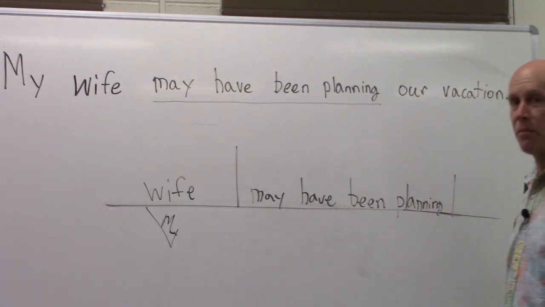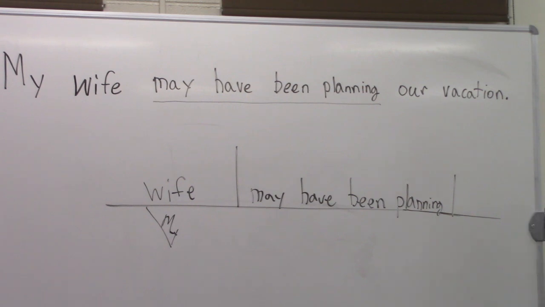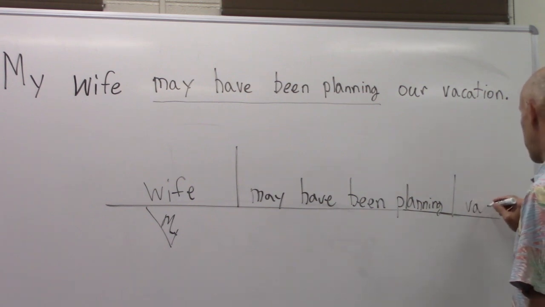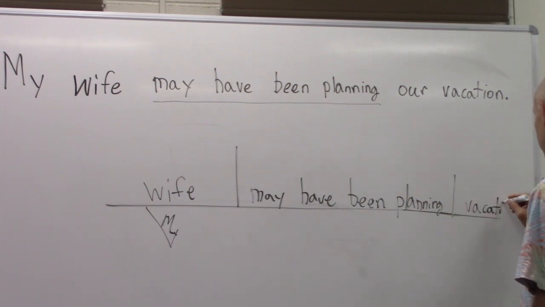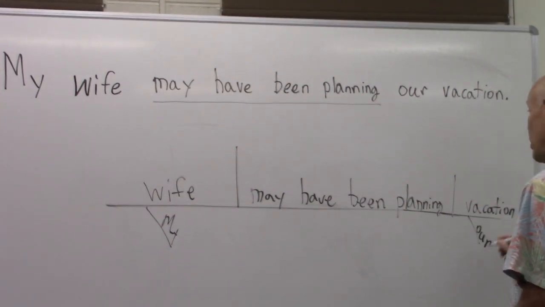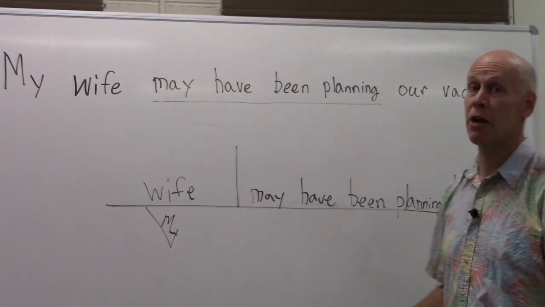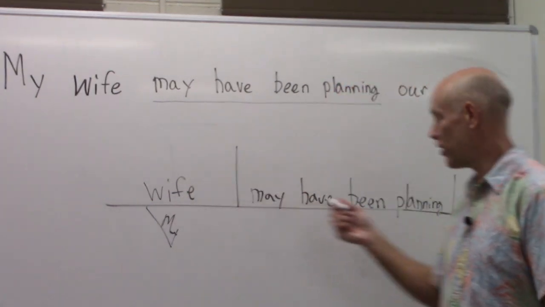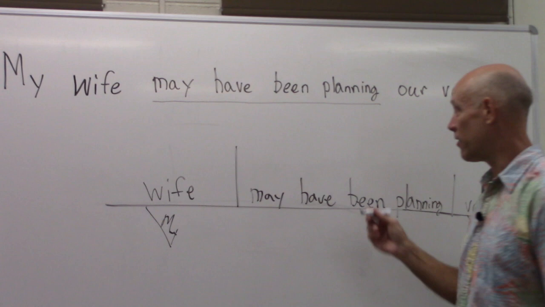And was she planning something? Yeah, the vacation. Okay, so that's a pattern. How many noun phrases do you have? 1, 2. So it's a pattern